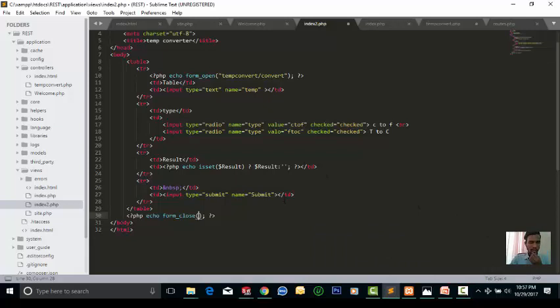Okay, that's just our HTML page, and we need to make a correction to the value name. Value name is set f. That's it. And here is our PHP language for our open name of the table, and also close the table